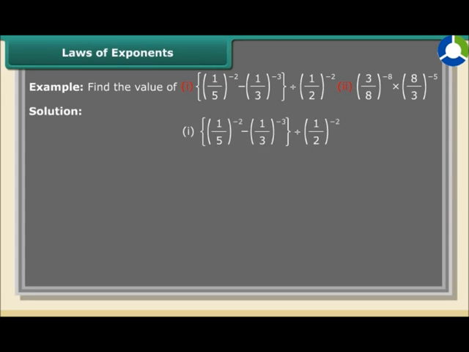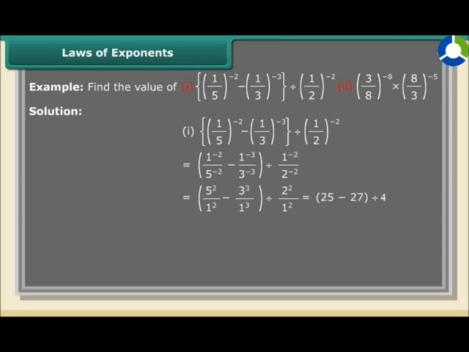Solution: (1 upon 5) raised to the power minus 2 minus (1 upon 3) raised to the power minus 3 divided by (1 upon 2) raised to the power minus 2 is equal to 1 raised to the power minus 2 upon 5 raised to the power minus 2 minus 1 raised to the power minus 3 upon 3 raised to the power minus 3 divided by 1 raised to the power minus 2 upon 2 raised to the power minus 2